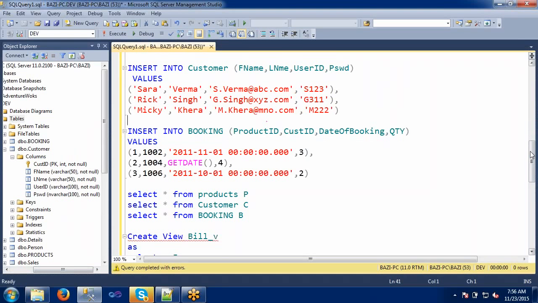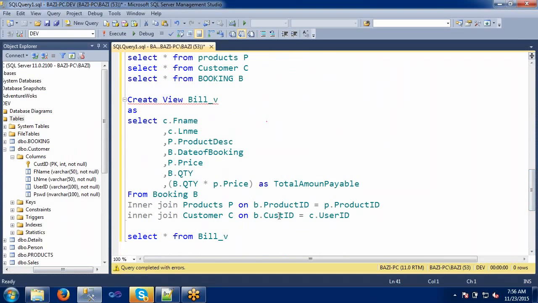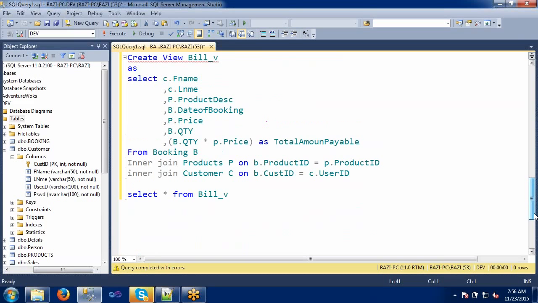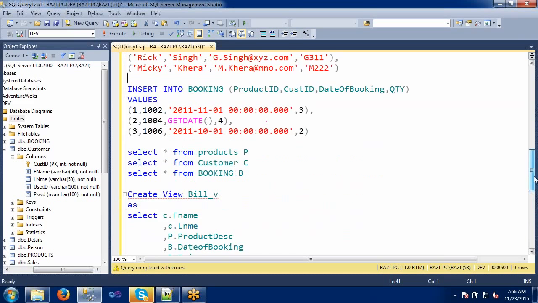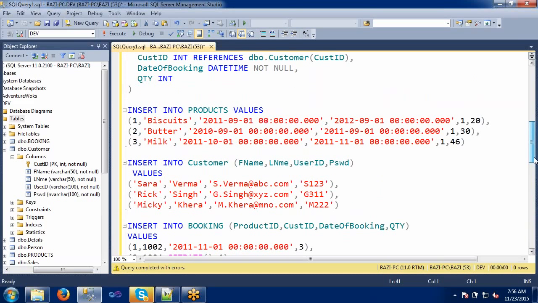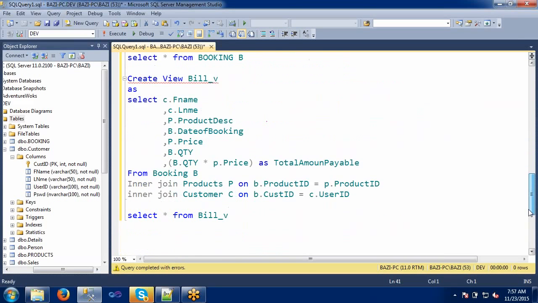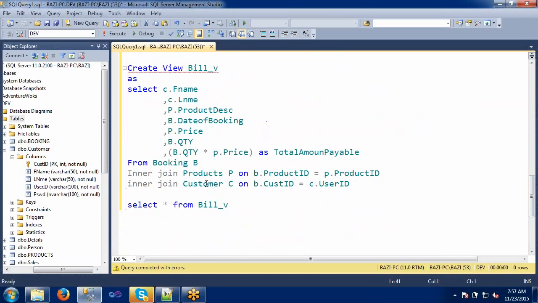So let's go to the view here. User ID, where are we using this user ID? We are not at all using any user ID, right?